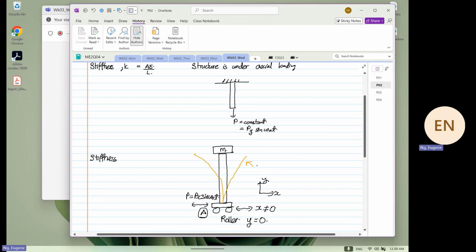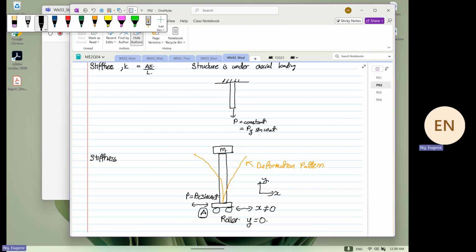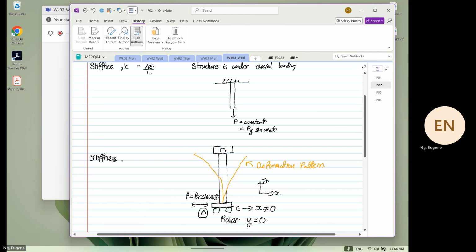Okay, so this is the deformation pattern. Now the stiffness changes. Now K is equal to EI